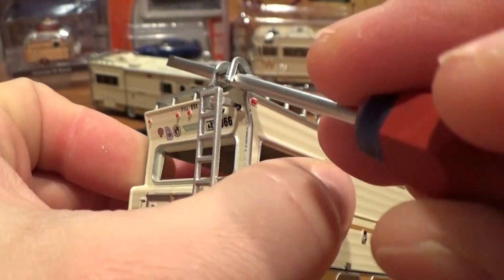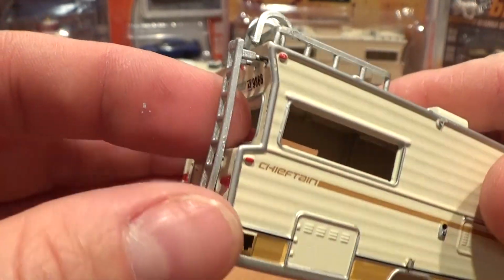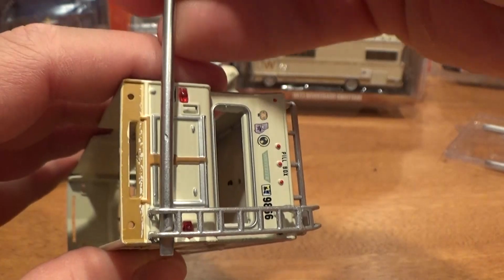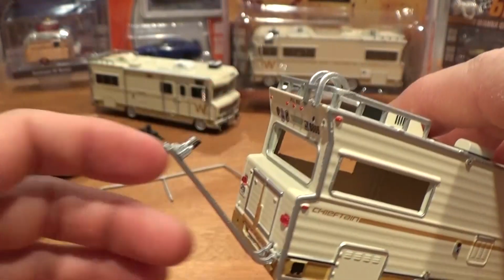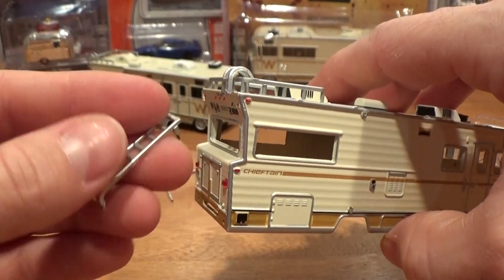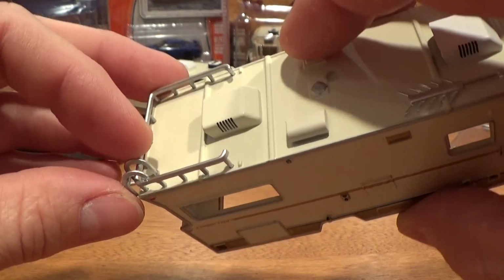If we can. There we go. It's got some little push pins that have just come out very nicely. If you're customizing, you're going to want to take the ladder off, otherwise the paint job is going to be a little messy. And there goes the ladder. Dale, you're not going up for any more zombie rooftop sightings or shootings. And the very top piece